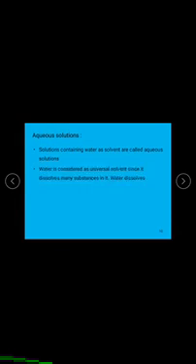Now let us see the definition of aqueous solution. The solutions containing water as a solvent are called aqueous solutions. Water is considered a universal solvent since it dissolves many substances in it.